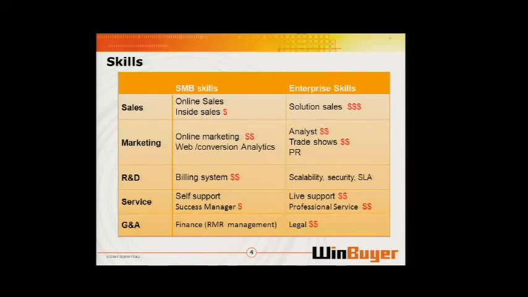On the enterprise side, the skills are totally different. In order for me to reach out to enterprise customers, I need a marketing team that knows how to work with analysts,